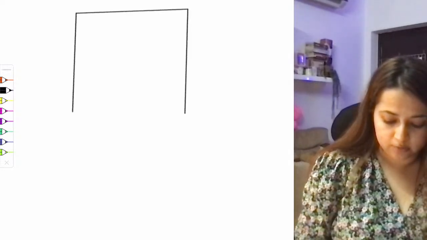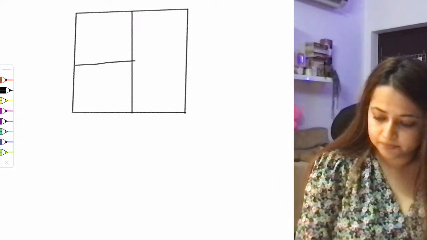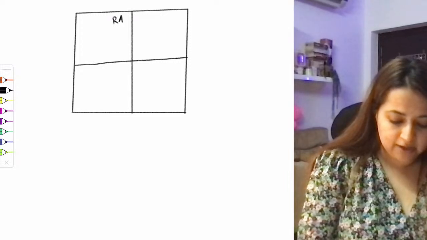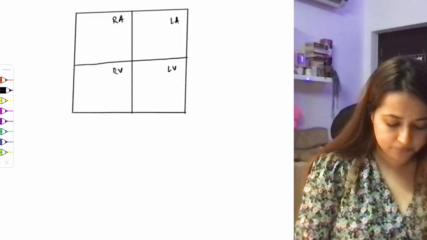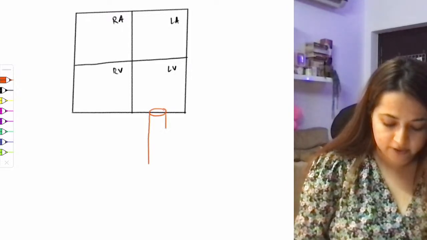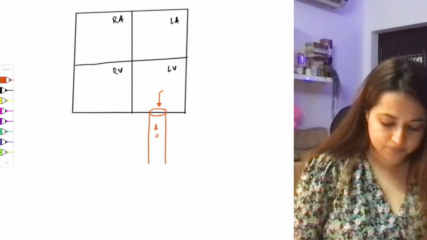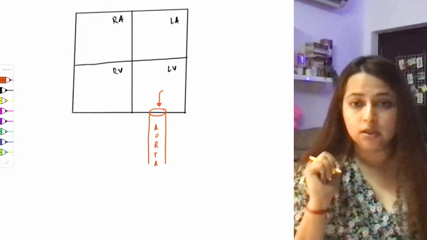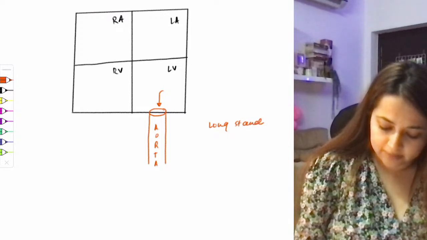phenomenon also. So I'll draw this picture again. I'm going a little bit slow because I just wanted to explain to you the basic physiology of the heart. Few principles. Okay, so this is the right atrium, right ventricle, left atrium, left ventricle. And here you know that there is the aortic valve, and then the blood from the left ventricle is going into the aorta. Now, supposing the patient is having long-standing hypertension